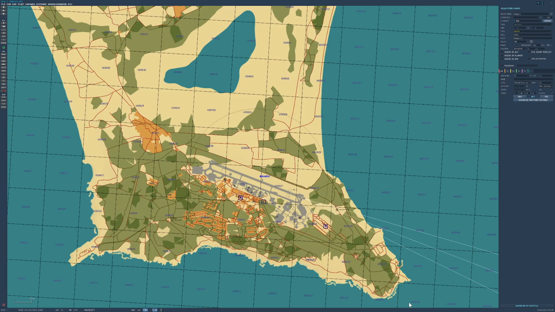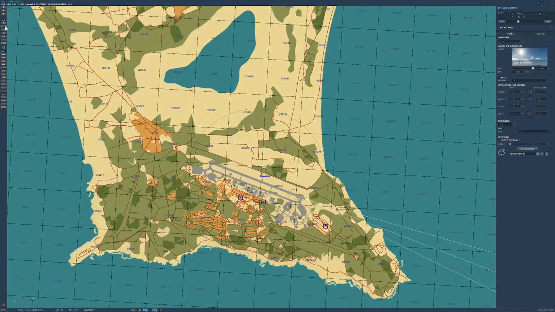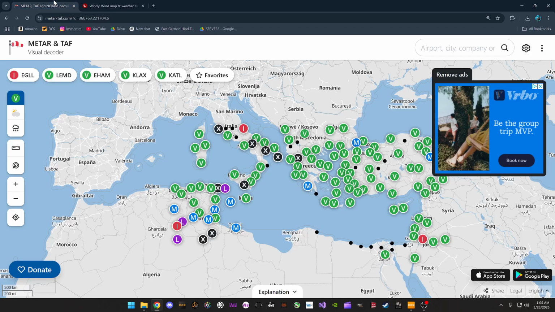I wanted to do a little deep dive into altering your weather and creating weather situations in DCS based on realistic conditions from around the same time that it is on various websites. So we're going to be using, of course, the DCS mission editor today, and we are also going to be using Windy, and we're also going to be looking at METAR TAF as well to help us make some realistic